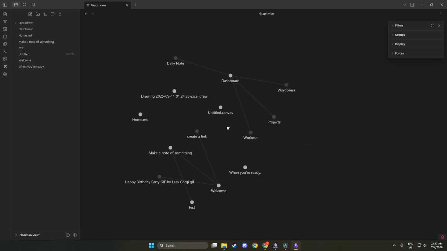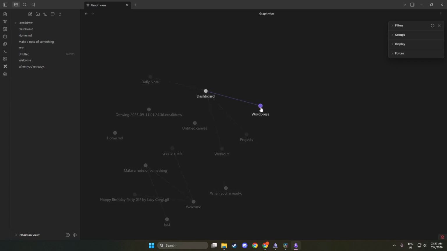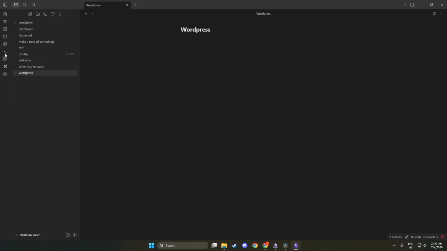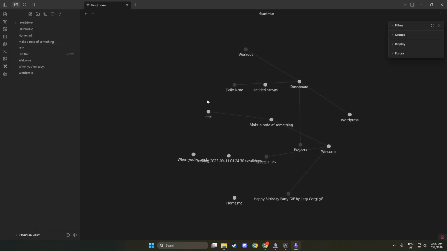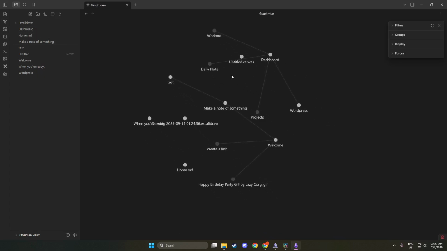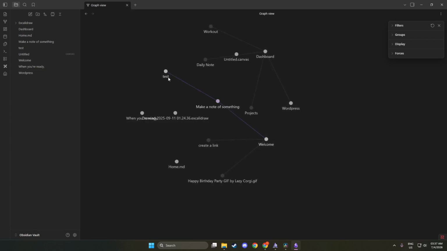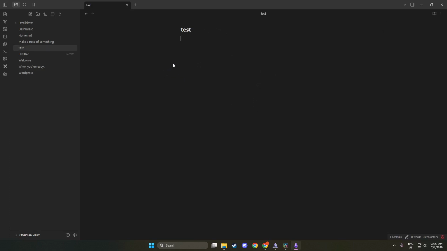You will be able to see how your notes interact with each other, making it easier to identify themes and gaps in your knowledge. Once you click on this option, you should feel a sense of excitement as the graph view is about to open. Now the graph will open in a new tab.